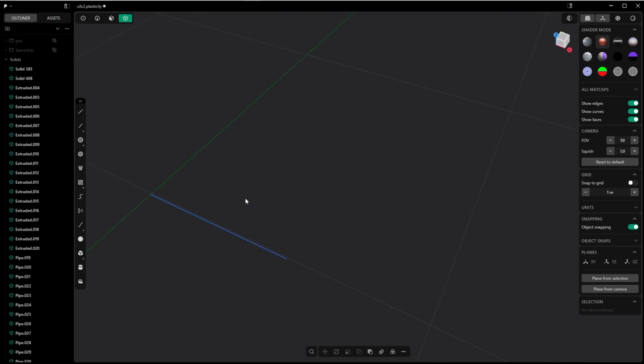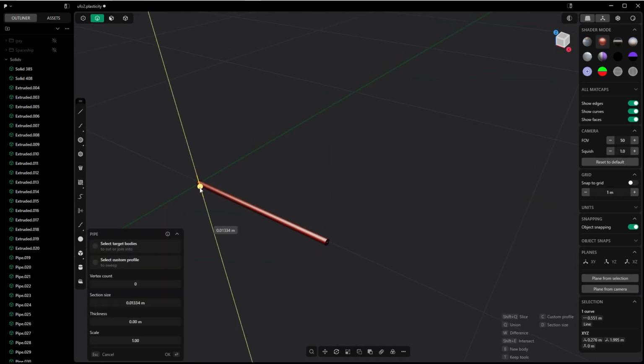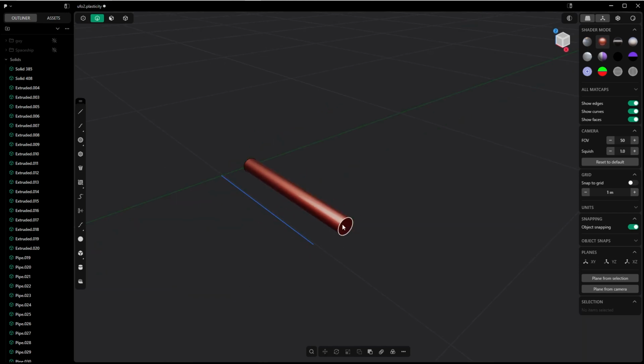Okay, this is again one of those videos which don't provide real super useful information but discuss rather a weird behavior of plasticity. So let me show you what I mean. Here I have a line. I press P for creating a pipe. Make something like this. So this is a cylinder created out of a pipe,